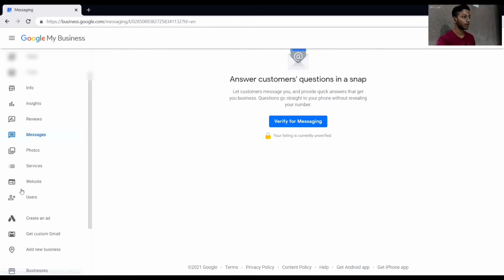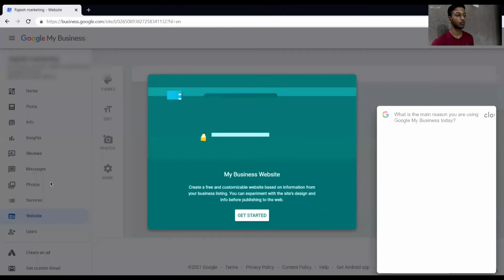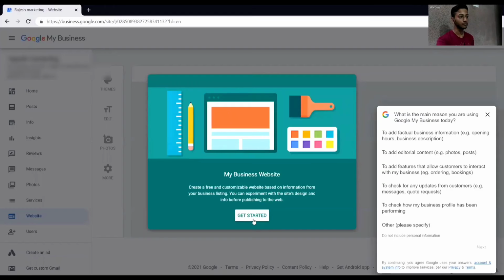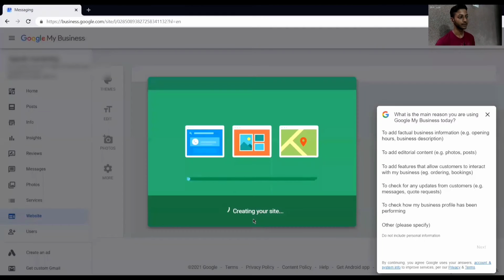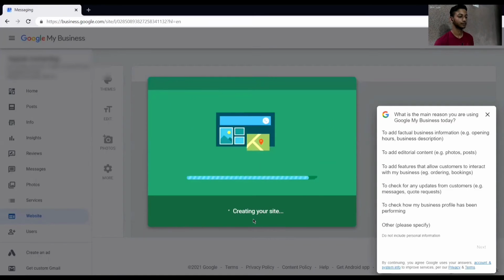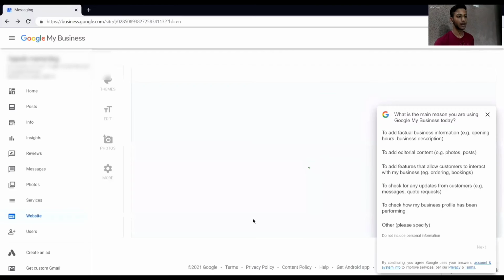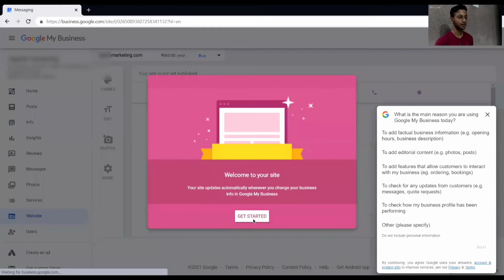Okay, now you can see here there is an option called Website. Click on it. Now from here you can create your own free website. You can build trust among your customers if you have a website.